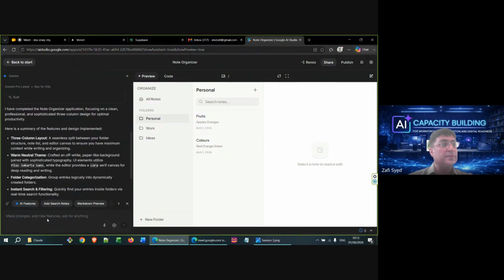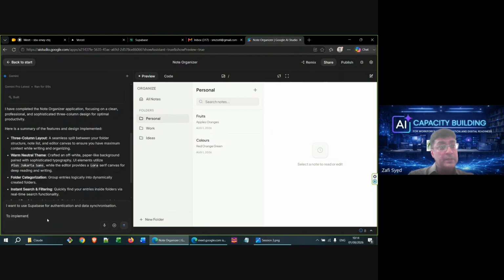So let me just craft a prompt, and it would be basically asking it in human language, which is essentially the principle of vibe coding. So I want to use Supabase for authentication and data synchronization. I could also write here persistent storage, but I actually prefer using data synchronization.